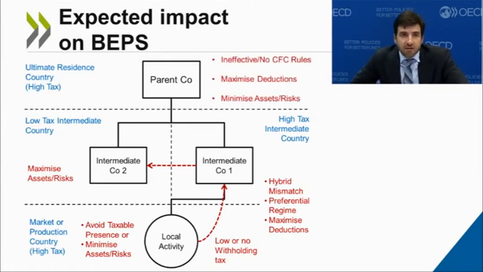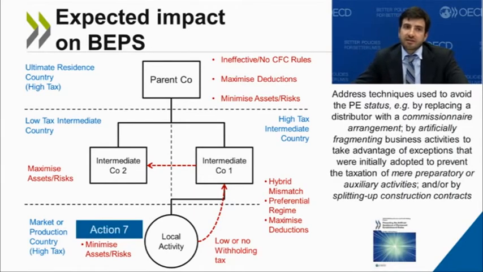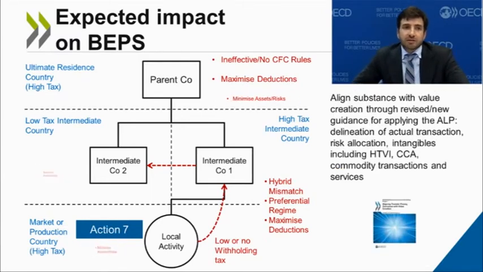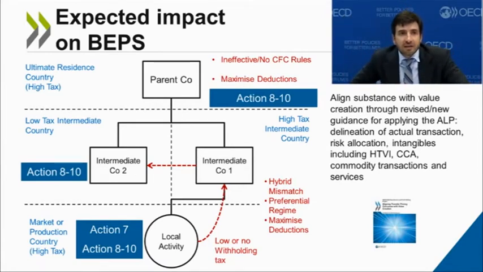Finally, same planning usually strips the taxable base of the parent country, maximizing deductions, minimizing assets and risks, and in addition, avoiding the application of any applicable controlled foreign company regimes. I think by now it should be clear to most people what we have tried to do with the BEPS package. So if you take the work on permanent establishment, that's the impact that we are expecting. If you then add on top of that the work on transfer pricing, you see that basically it reallocates the income where it belongs. That is, where the economic activities are carried out and where value is created.